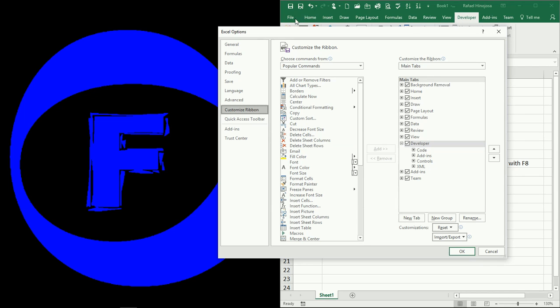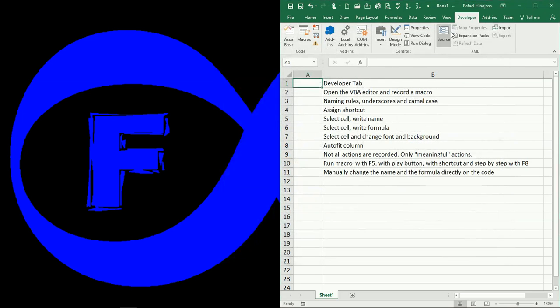But well, maybe I took you from the long road. Here, just make sure in this part of the options that you have selected this option. Normally this is not selected, so just select it and click OK, and that should bring the developer tab